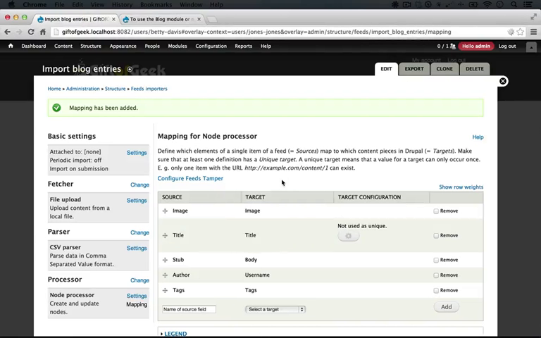So now this is the 4th time that we've imported content using the feeds module. And you can see that by now, we're really familiar with the basic settings of the importer. And as we're creating the mappings, it sounds like we're doing the same task over and over again with slight variations, which we are. So again, this is one of the costs of being a site builder, is that once